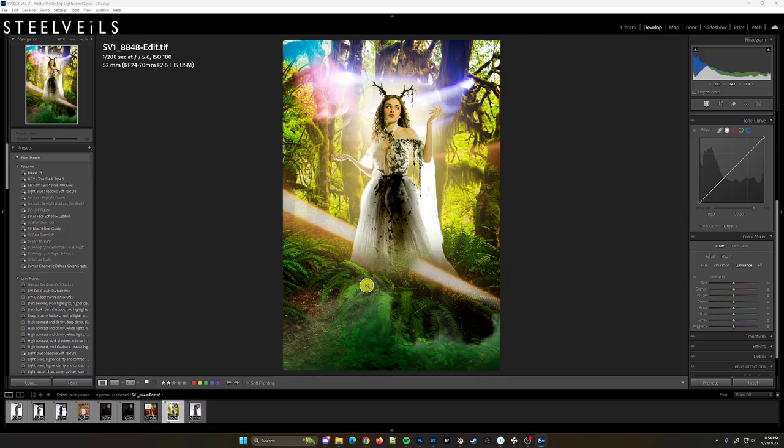And the reason I say that is because it is an image that I shot. We shot it in Olympic National Park. And I thought, oh, this would be a cool background to put somebody in someday. So when I was out there, I shot with the intention of using it as a backdrop for some sort of fantasy type thing. But this is a case of trying to stick a square peg into a round hole, right?